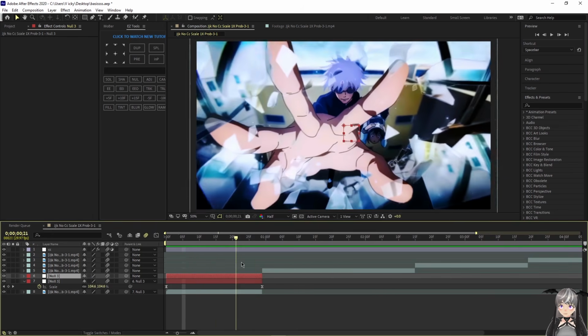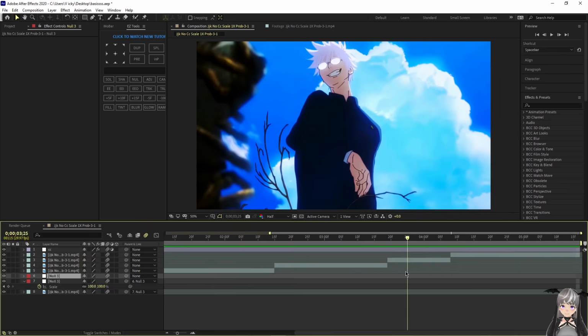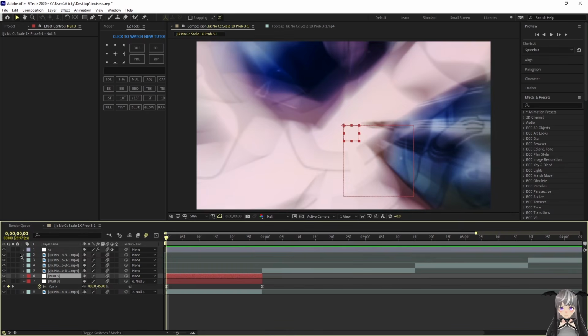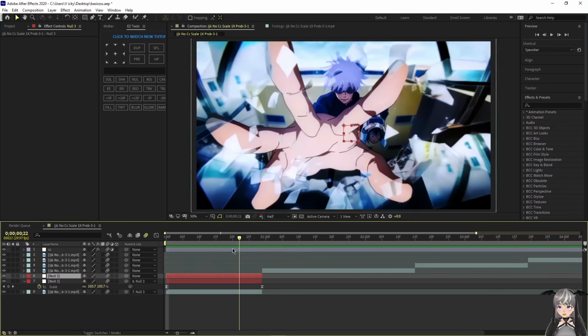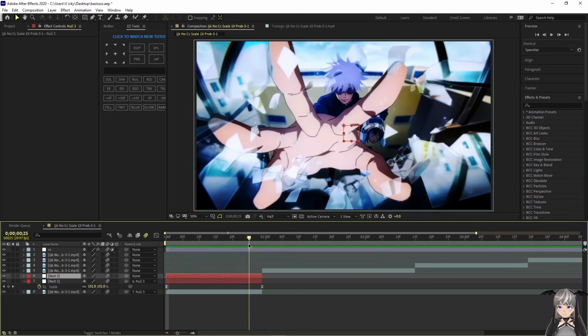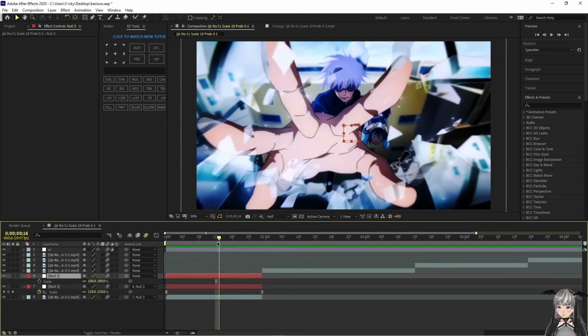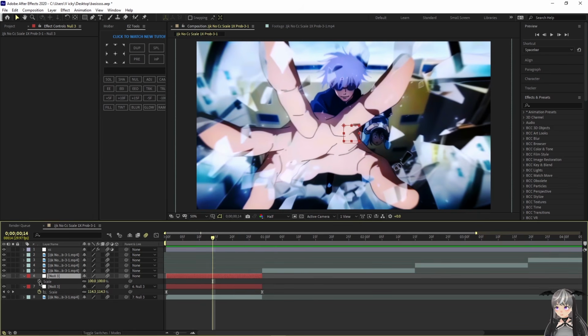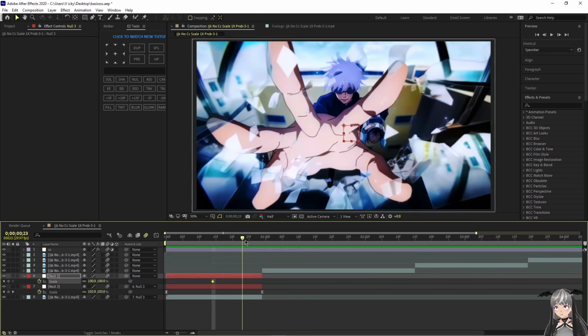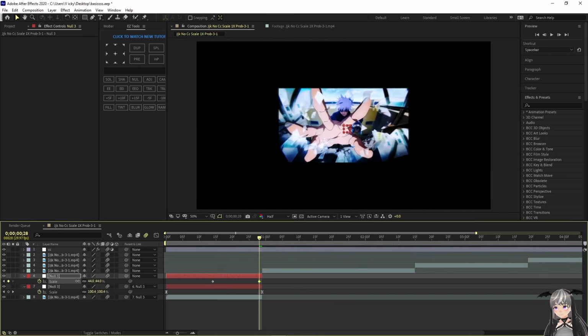And now we move on to the second null object. And I will do a rotation transition because I want to do the zoom in later here. Because I will show you how to do a seamless zoom in. Or we could do a zoom out, that would work too. Then let's do a zoom out. So then I press here and go to the middle and press S to open up the scale. And press here to add a keyframe. Then I go to the end and set this out